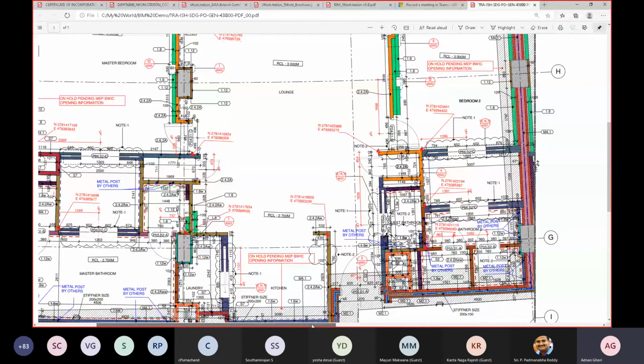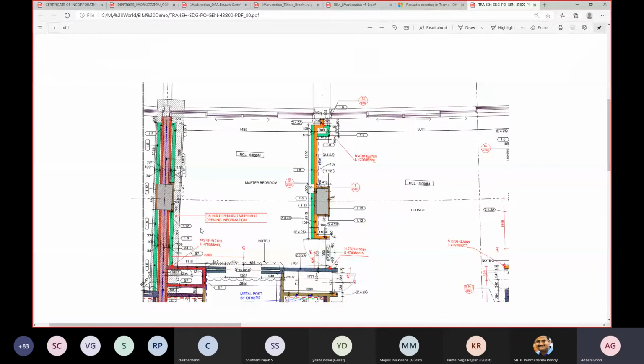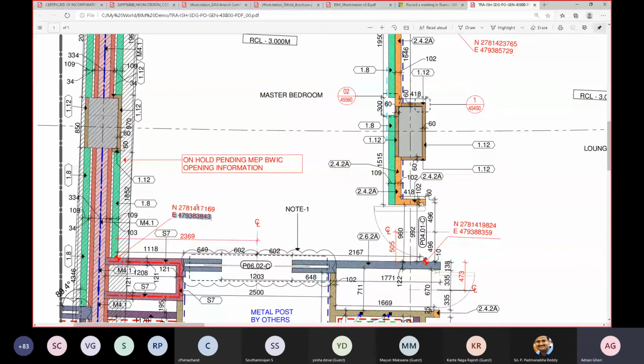You can see here you have the north and east coordinates as well. So we have to specify it on every corner and every angle. All the coordinates must match. So the site engineer who was there on site used to place his compass, his equipment over there and check for the north and east coordinates physically as well as virtually.